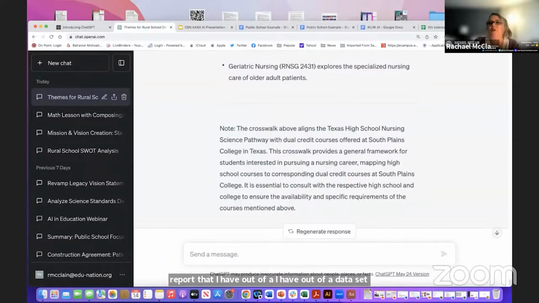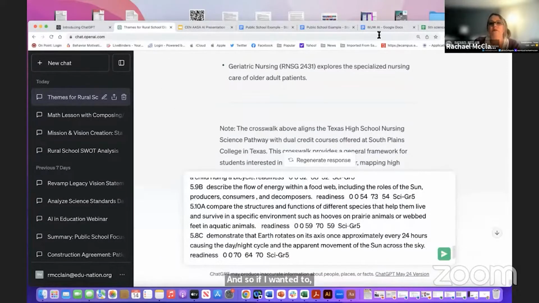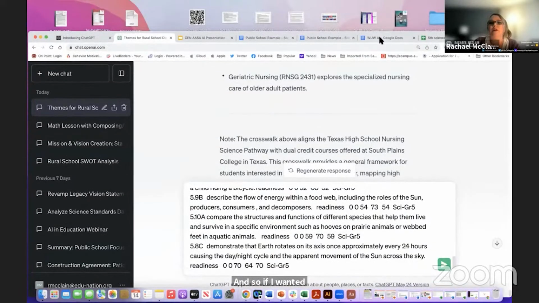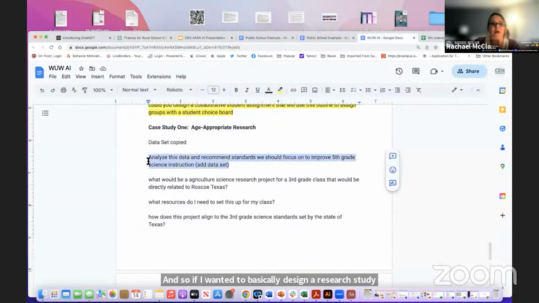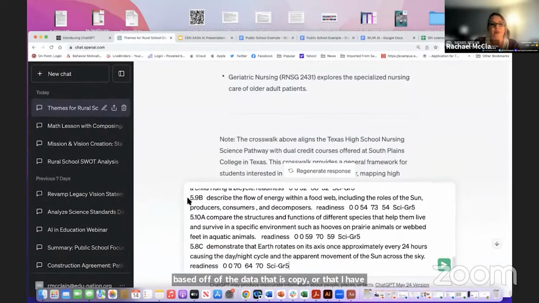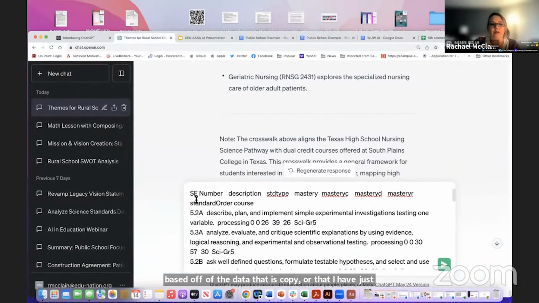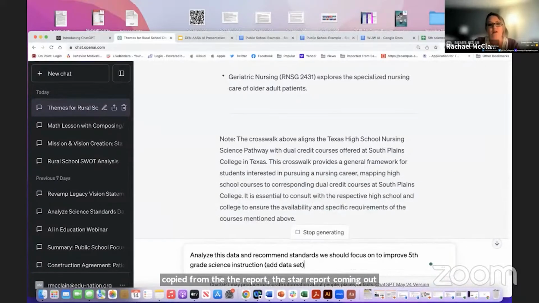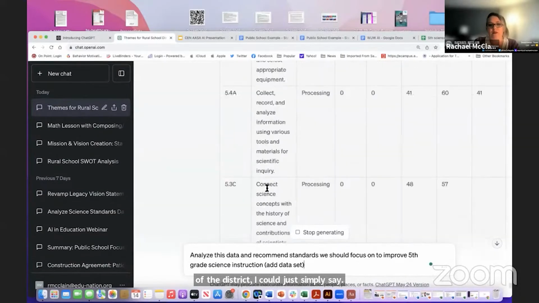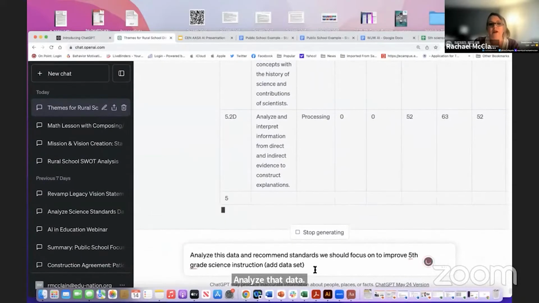And so if I wanted to design a research study based off of the data that I have just copied from the STAR report coming out of the district, I could simply say, analyze that data that it's reviewing.